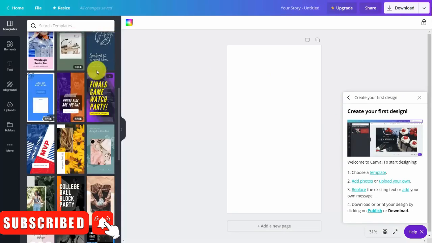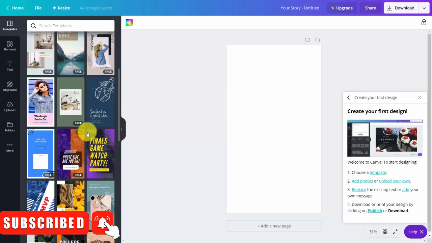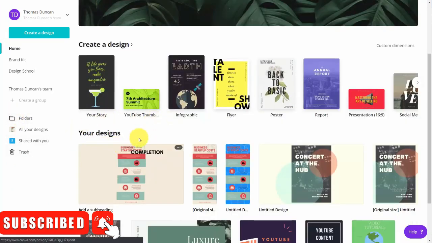You'll also notice that you're going to see the word free written on some of them. That means that if you like one of the other templates that doesn't have the word free, you can pay for that template in order to use it. And as you'll see in upcoming videos, we'll be able to change different elements of the templates by using this left-hand menu. And once you've started the editing process, you'll notice that you have a section here at the bottom called Your Designs. And this will hold the edits that you have been making to your templates in this area.